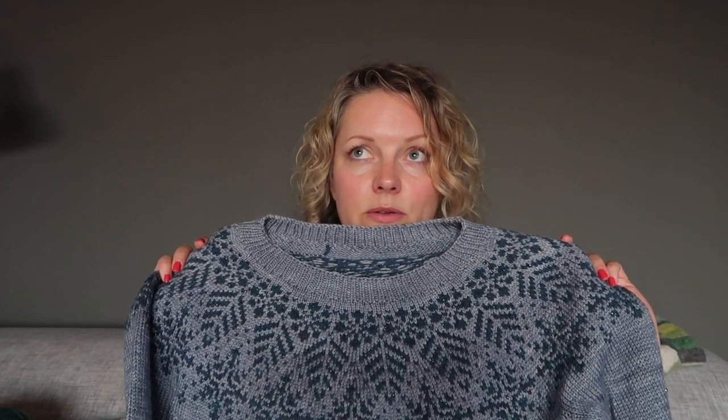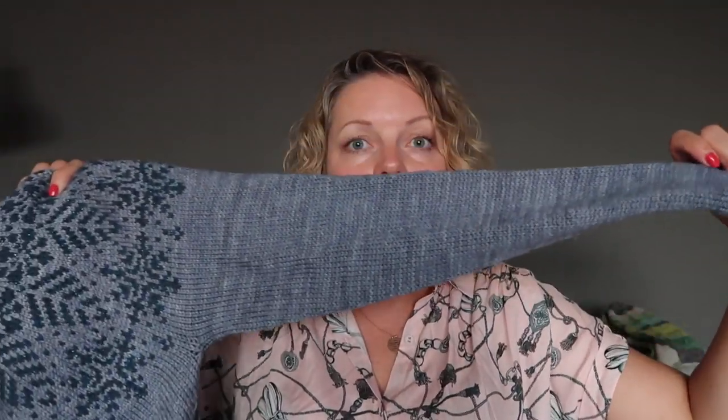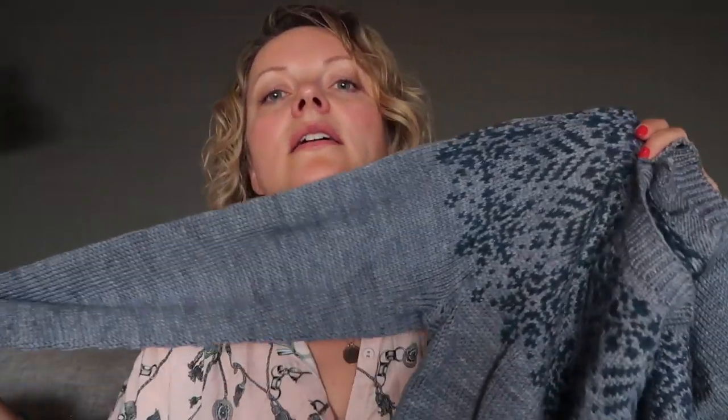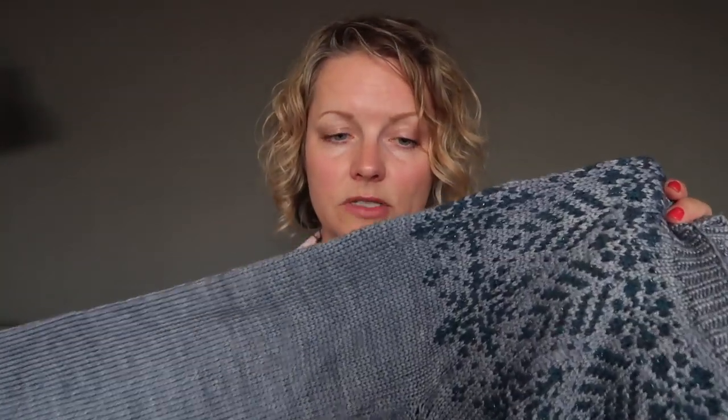And then I completed it by the time I went to New York, the Vogue Knitting Live Festival in New York, and that was at the end of January. So I completed this entire sweater within 3 weeks, or maybe 4 weeks. I can't remember exactly. So yeah, this was a very nice knit. It is a DK weight sweater, so I knitted it on 3.5mm needles,